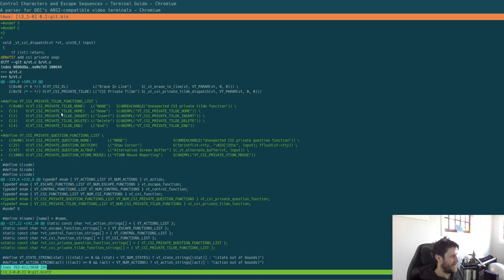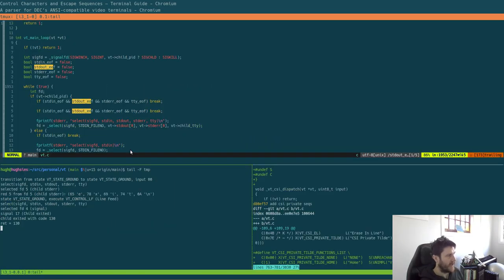Which makes it quite easy to now add like all the private sequences, well, not all of them, I add a couple of things. And here you can kind of see the tilde thing. So if I go cat -v and I push, I don't actually know how to do it on this keyboard I'm on, I'd have to think or pull up a diagram, but you can see here it did an escape, which is these 2 characters, and then the CSI sequence and an argument to the tilde function, and the argument is kind of what this